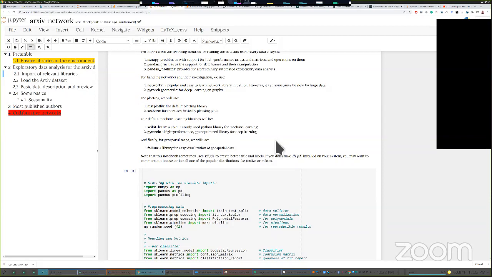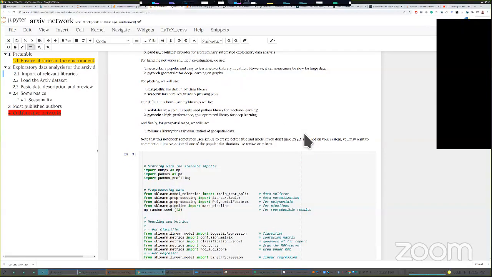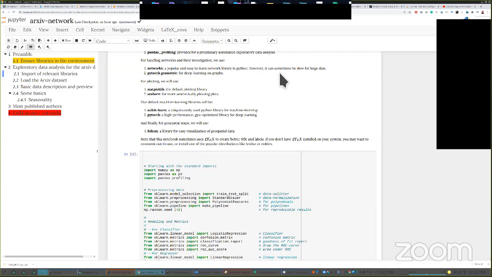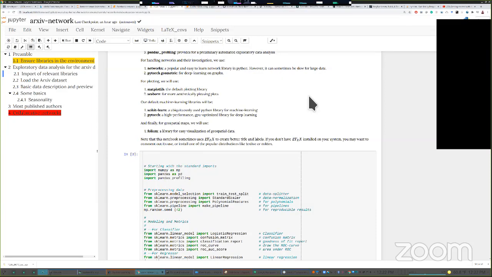Now, when it comes to handling networks and their investigation, NetworkX is a very popular library. Again, as I mentioned, it is in Python and is very popular. And for those of you who are doing it in R, use iGraph. iGraph is lightning fast, fairly, but NetworkX can be a bit slow for large graphs. And you will see that when you actually run it. So once you reach the limits of NetworkX, then graduate to a bit more powerful library, for example, NetworKit and so forth.